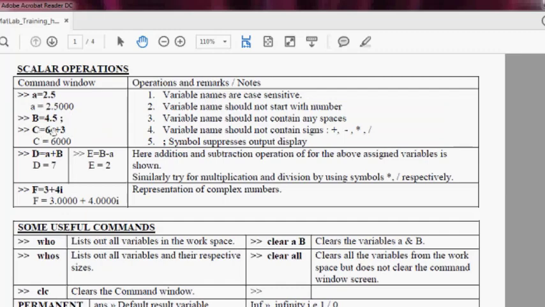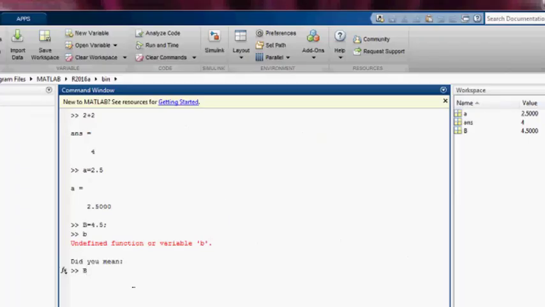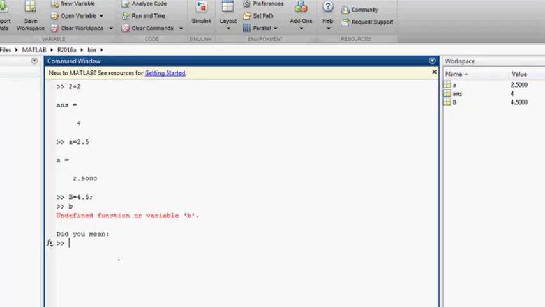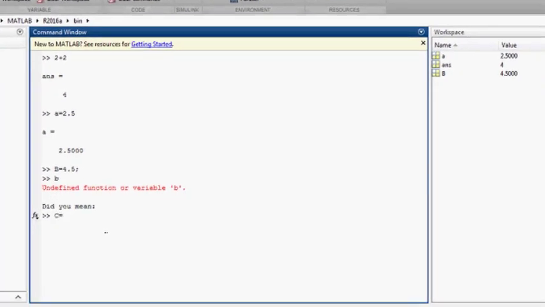Now the next thing is capital C equals 6e+3. What do you mean by 6e+3? C equals 6e+3, you get 6000. It means 6 into 10 to the power 3. E here stands for 10 to the power.